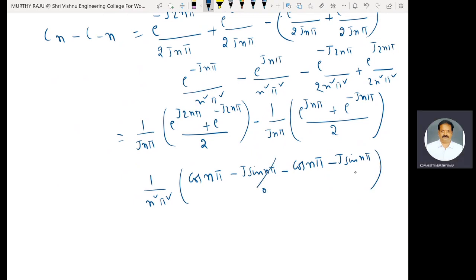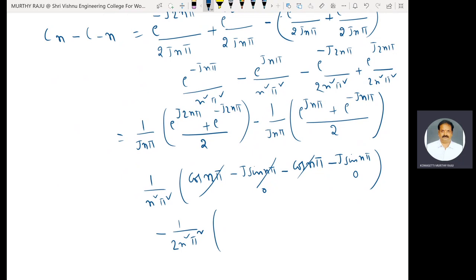This one is 0, sin nπ is 0. That is cos nπ plus cos nπ minus cos nπ, the entire term is 0. This one is 0. And coming to this one, 1 by 2n²π²,